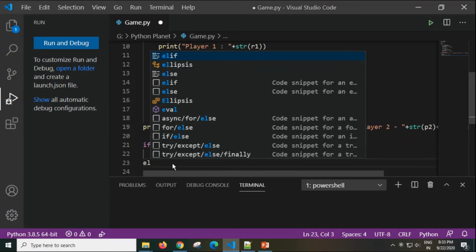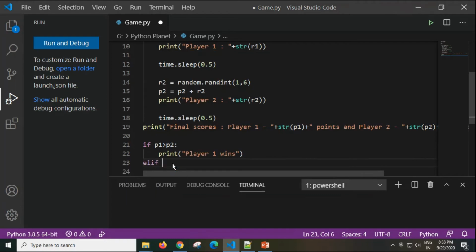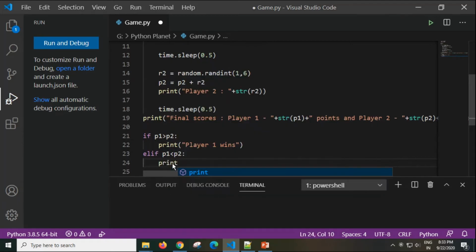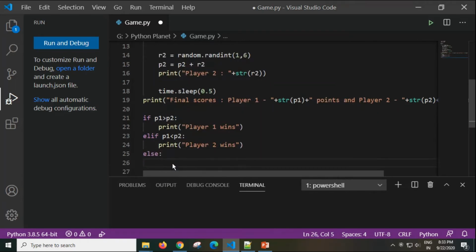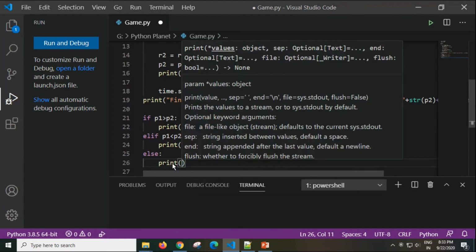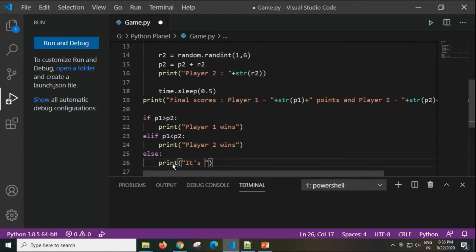So I will use a special construct in Python called elif. If P1 is less than P2, then I will print that the player 2 wins. And lastly, when both conditions are false, that means the points scored by both the players are the same, then I will print it's a tie.